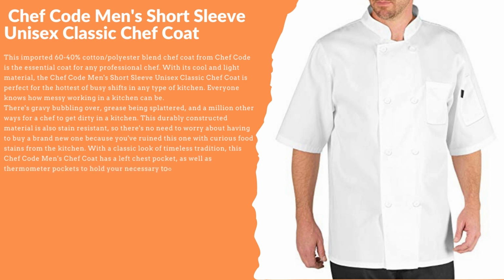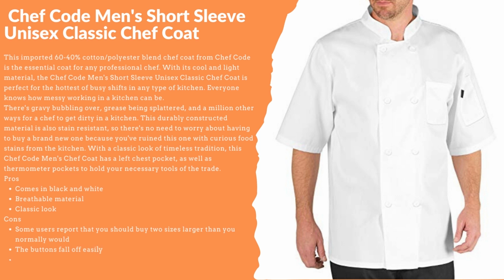Pros: comes in black and white. Breathable material. Classic look. Cons: some users report that you should buy 2 sizes larger than you normally would. The buttons fall off easily. Some say the length is too